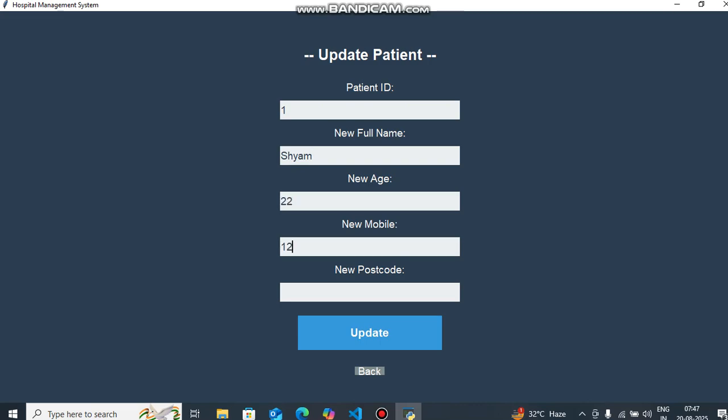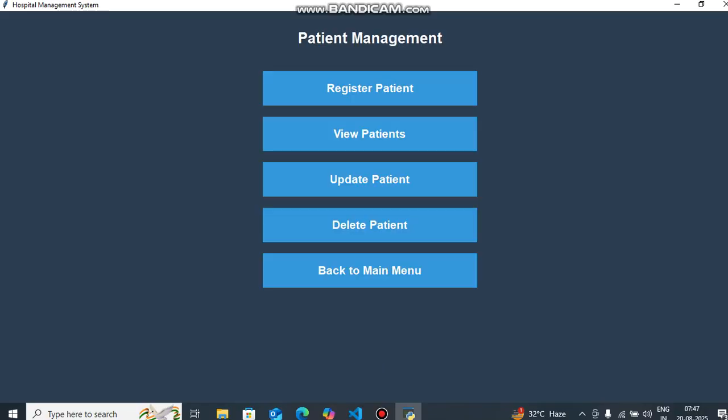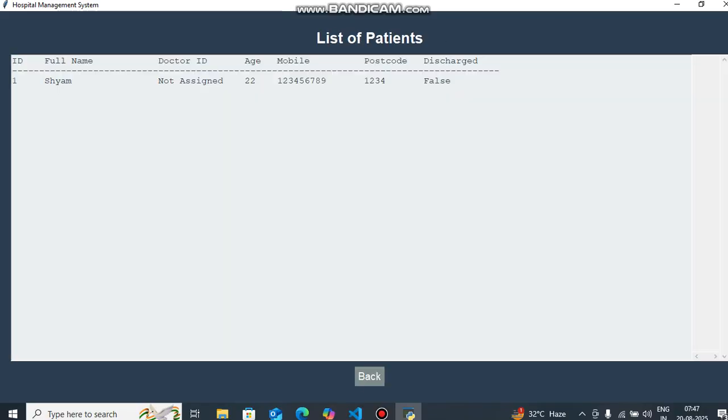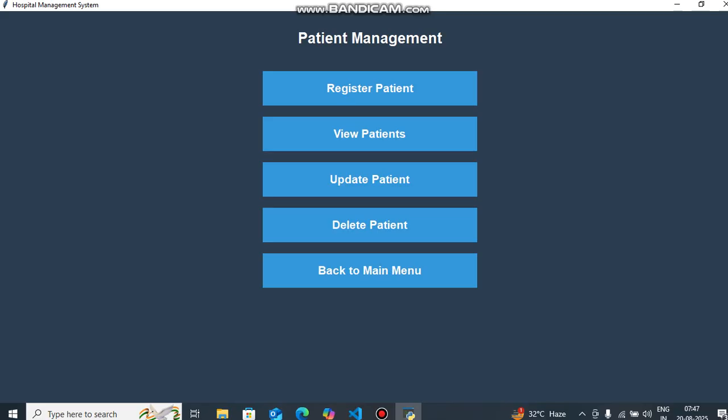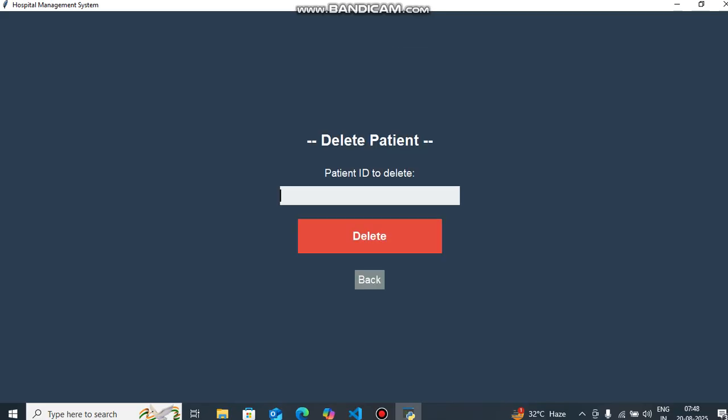New mobile number 1234567889, 1234. Updated successfully, and now you can see in view Shyam, not assigned, 22, 1234. Discharge false. Okay, right now there is no discharge. Okay, back. You can also delete.